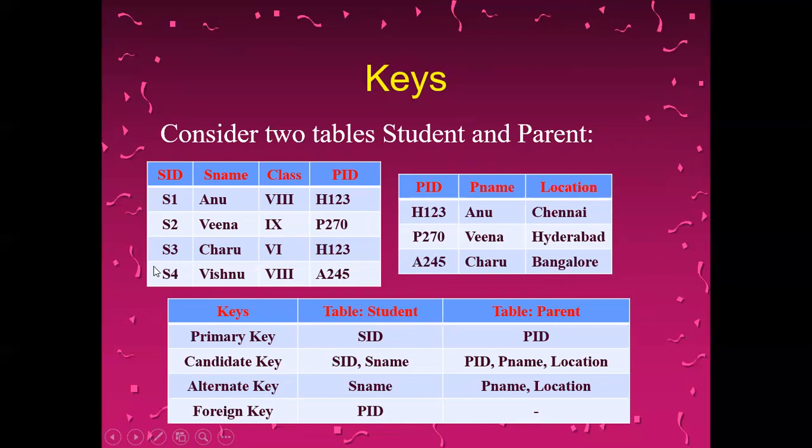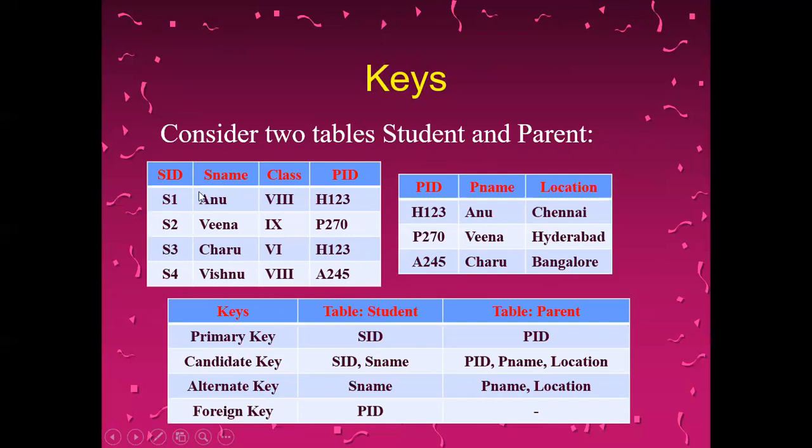The primary key of the table student is SID. You can see that it is the unique key that can be used most appropriately, even though SNAME is a candidate key, that means there is no duplicate. SID has no duplicate. SNAME also, the values are not duplicated. Duplicate means there is no replication of the values. In class, 8 is repeated here, H1, 2, 3 is replicated. So these 2 columns cannot be considered as the candidate key for the student.